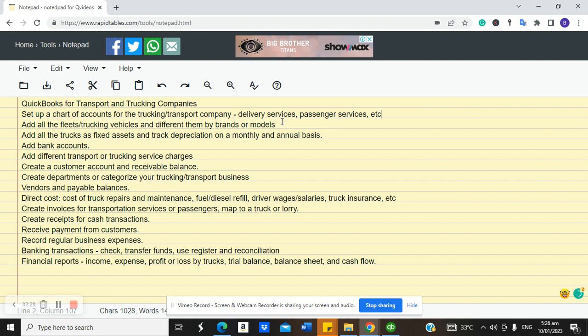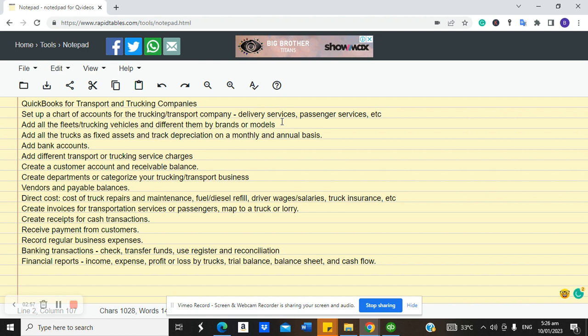One important area that you must look into when setting up QuickBooks for a transport or trucking company is the fleet of vehicles or cars that they manage. These are designed to generate revenue. So they are like revenue centers. They generate revenue for you. You also incur costs. So at the end of the day, you need to track transactions by fleet of cars or fleet of trucks so that you will know which of the trucks are profitable and the ones that are